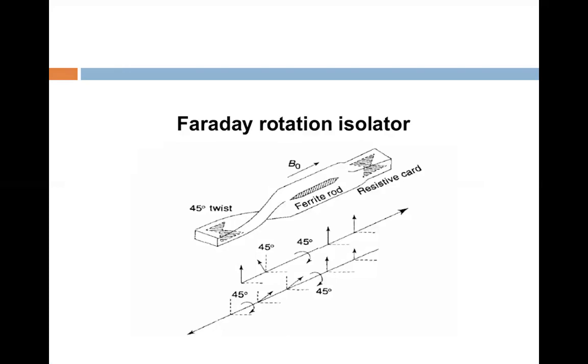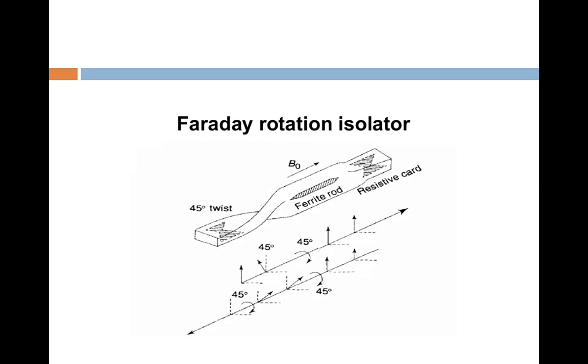Now the next one is the Faraday isolator and circulators. So how does it work? First of all, we see the isolator. The name is what? Isolator. So it provides isolation between input and output. So see the figure first, before we see the Faraday rotation rule. Isolator and circulator both devices work on a common principle known as Faraday rotation.